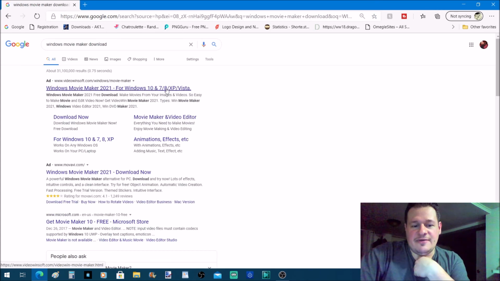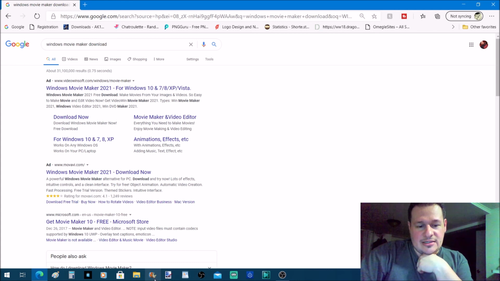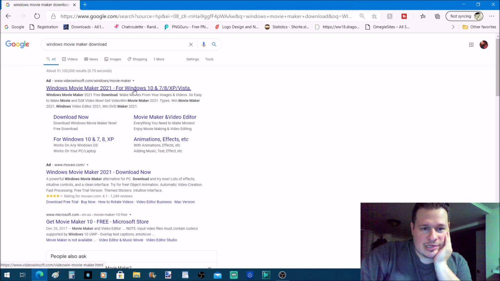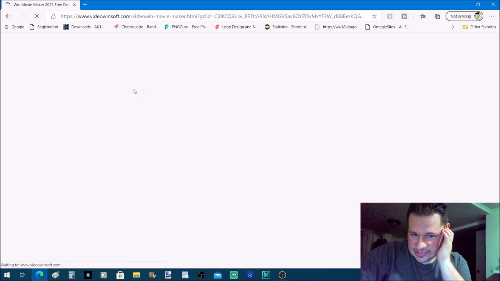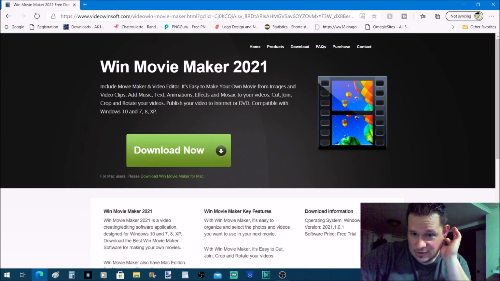I already have it. It basically looks like this little icon down over here. You can't miss it. It's going to be probably up here. You want to download it. It's for Windows 10, 8, 7, and all others. There is a Windows Movie Maker